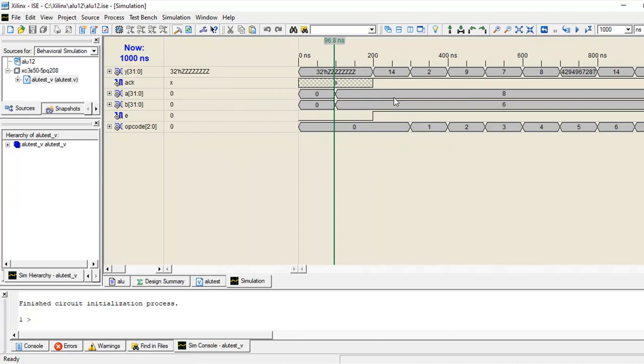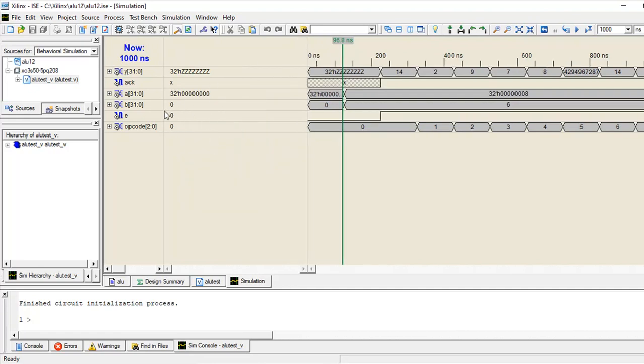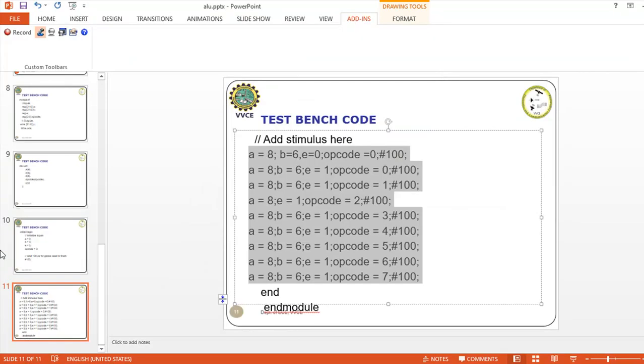Eight plus 6 is 14. Okay, 8 minus 6 is 2. 8 plus 1 is 9.